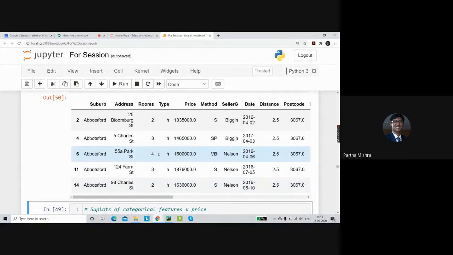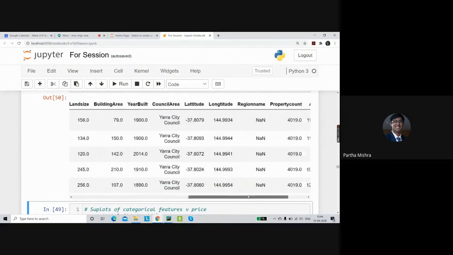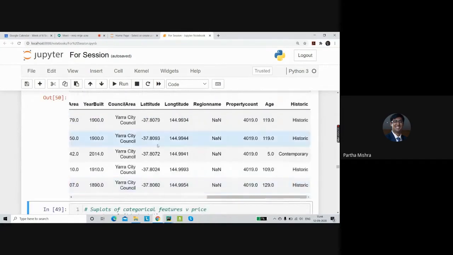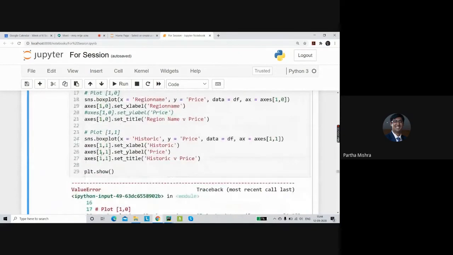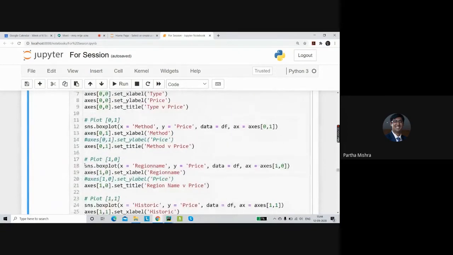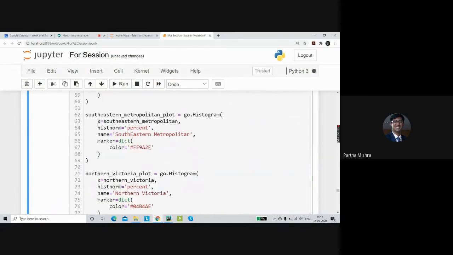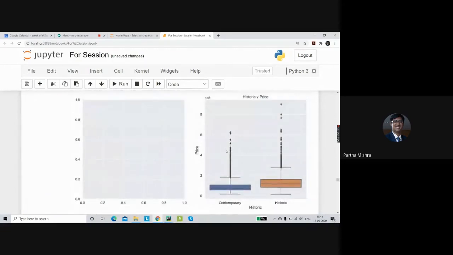Okay, this region name column does not exist in this data set. That is the reason it is not giving us any value. It is giving a NaN value over here. That's the reason we have this error in the end. So if I simply comment out this particular piece of code and run this, we'll get our graph without an error.